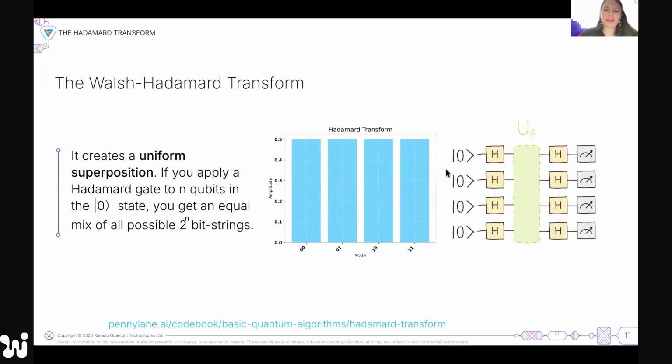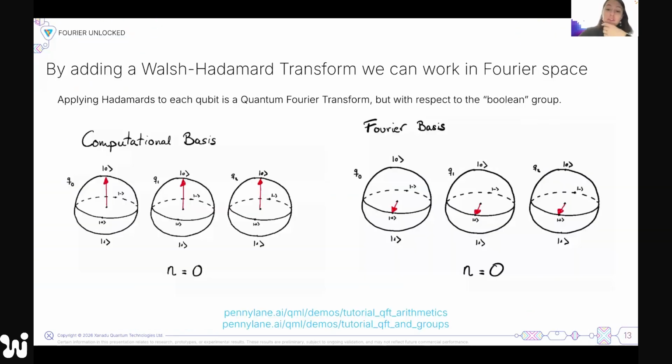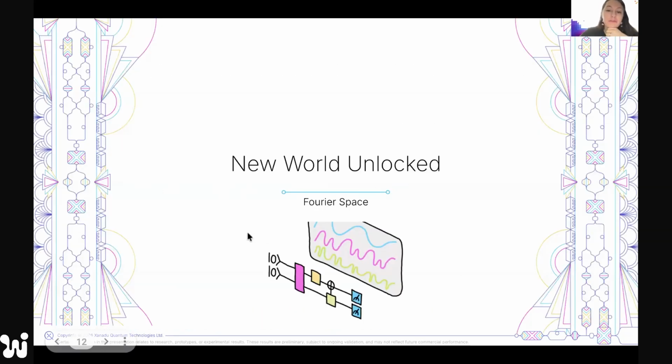Depending on what kind of information you want to encode, this might look a little bit different, but basically you add Hadamards and that moves you into Fourier space. That's the easy way to see it. In the picture here, what you see is the example of different frequencies. If you see these waves, the blue one has a lower frequency and the green one has a higher frequency. So you can use the gates to encode these different frequencies or to modify how they behave.